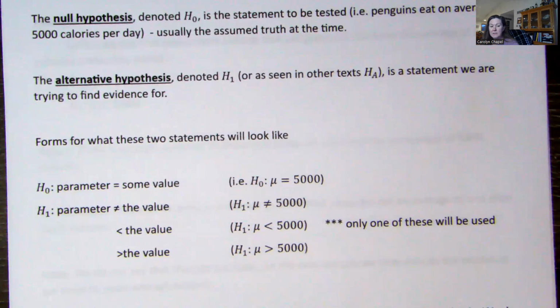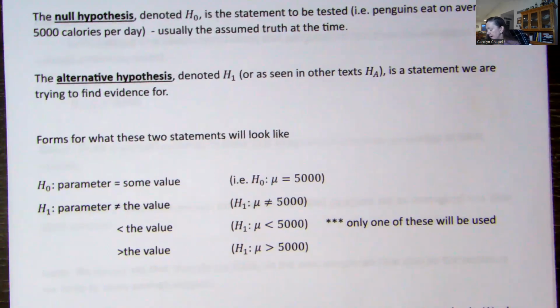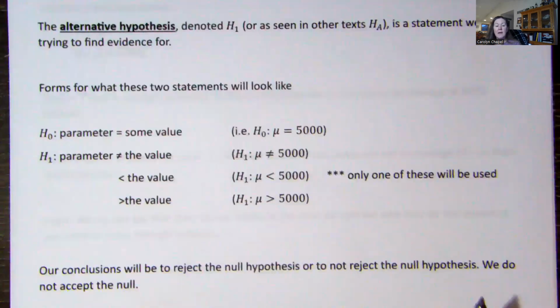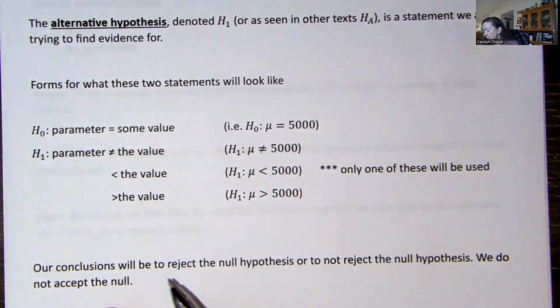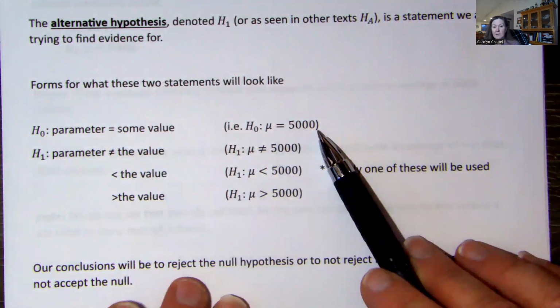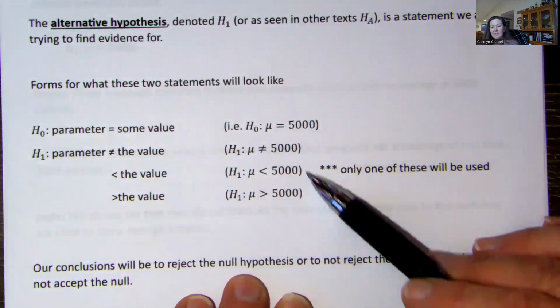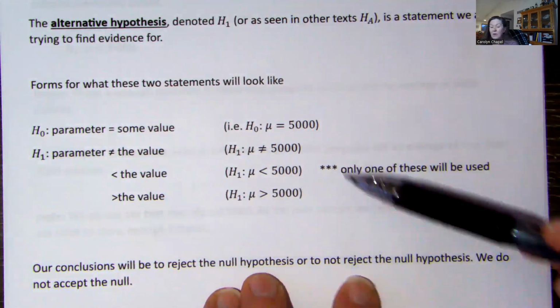Our conclusions, once we do all the testing and some analysis on the sample data that we get, we are going to make a conclusion. And our conclusion is going to be either to reject the null, so we're not going to agree with that. So we would be saying, yes, there's enough evidence to show these things happen, or we're not going to